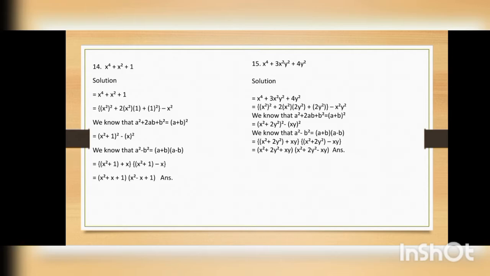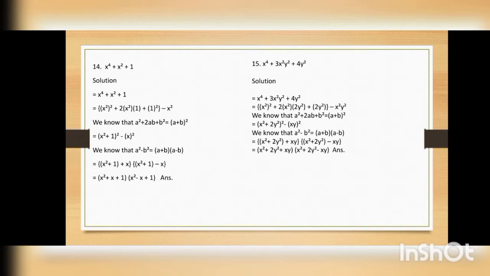Our a equals x square plus 1 and our b equals x. So we have opened this curly bracket and wrote a, which is x square plus 1 in the round bracket, then plus sign, then b is x, so we have written x, then curly bracket close. Similarly with the second bracket, we have written in the curly bracket x square plus 1 minus x.